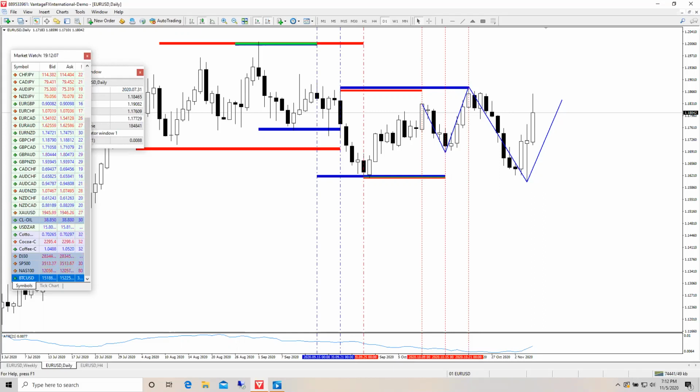So it's not about knowing what's going to happen next. It's about being able to apply your strategy when the conditions are appropriate and doing that with that probabilistic mindset.